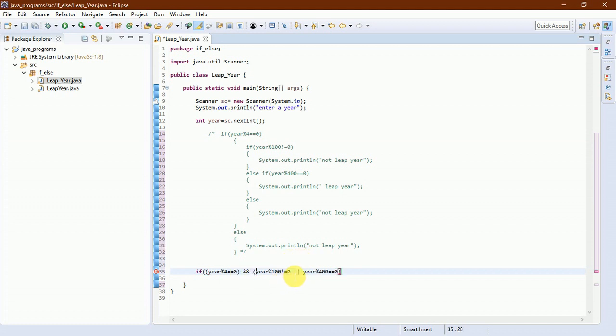If among the conditions the combined condition is satisfied, then it is called a leap year.